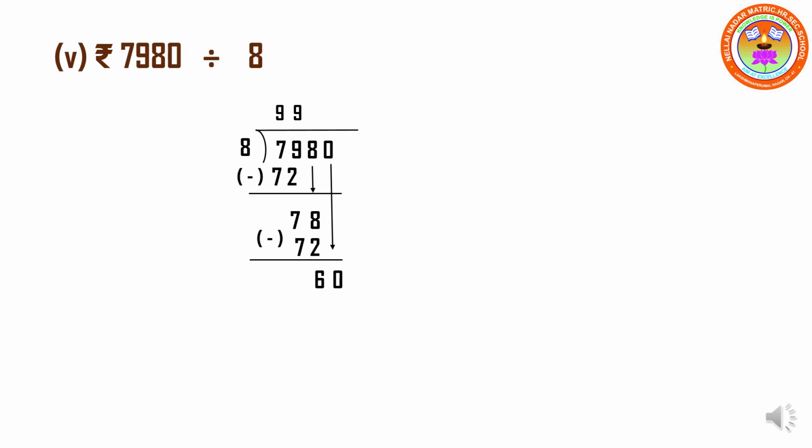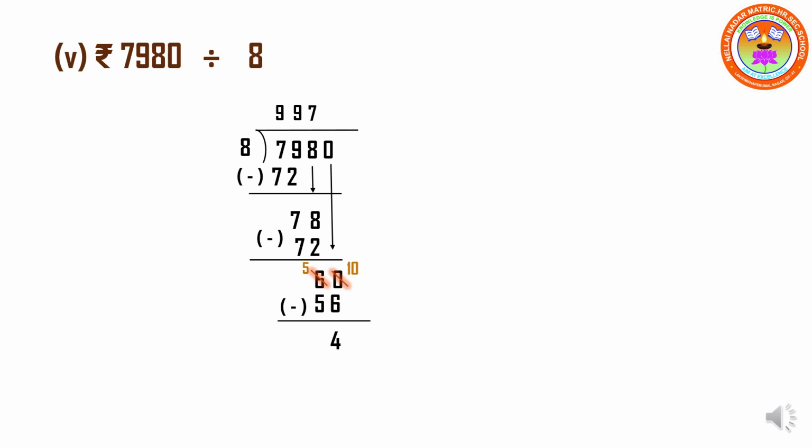60, nearest to 60 we have 8 sevens are 56. Now let us subtract. Here you have 0 minus 6. 0 is smaller, so we have to borrow. So borrowing from 6, 6 becomes 5, 0 becomes 10. So 10 minus 6 is 4. And 5 minus 5, we'll just leave it as it is because we get the answer as 0. Now we have the remainder 4.